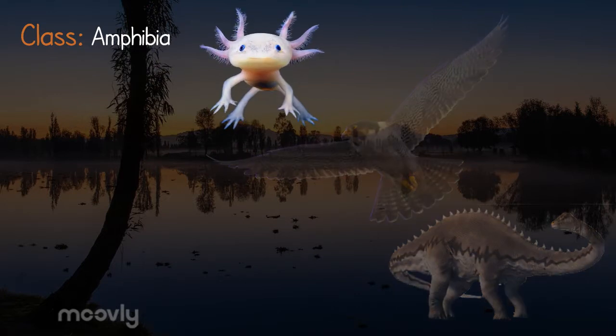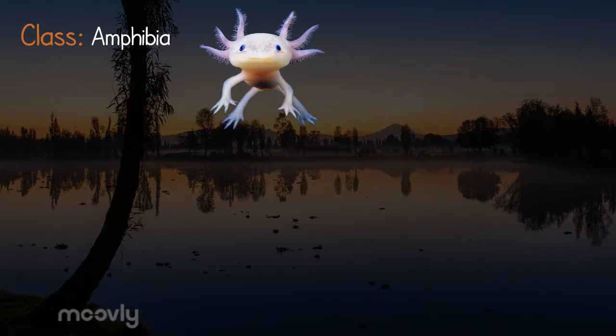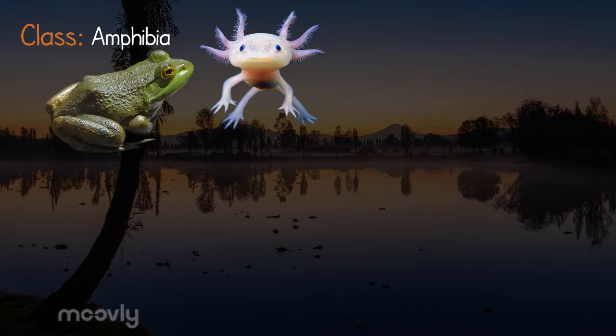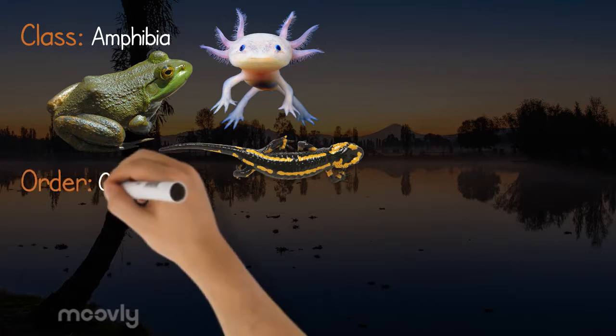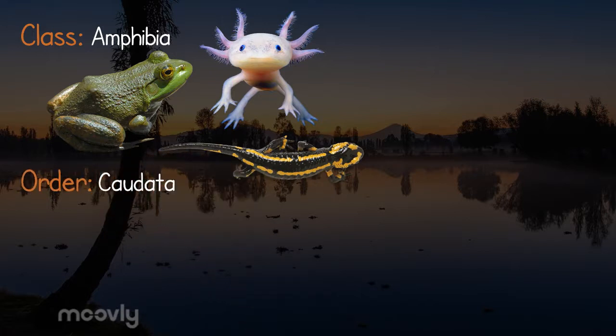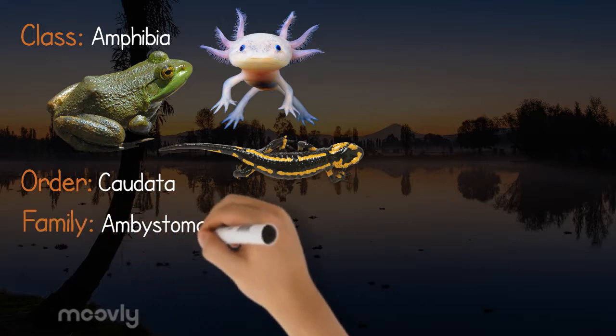Axolotls belong to the class Amphibia because they don't have amniotic eggs. They are cold-blooded and have the adaptation of gills for respiration. However, axolotls differ from other amphibians as they reach adulthood from larval stage without metamorphosis. Other members include frogs, toads, and newts. Axolotls are caudates due to them having a tail with 2 pairs of limbs, elongated bodies, and are usually found in aquatic environments. Paedomorphosis, the retention of larval characteristics throughout entire life, is a common feature that sets this order